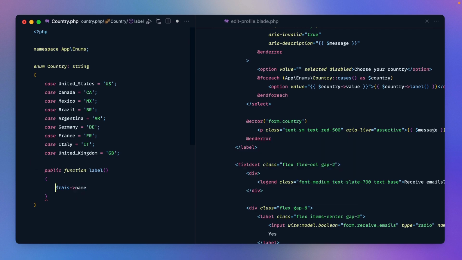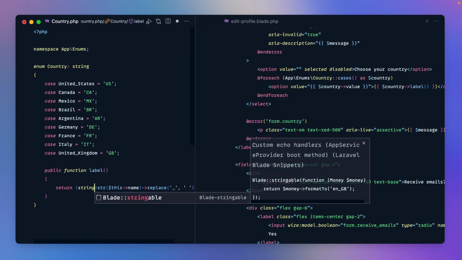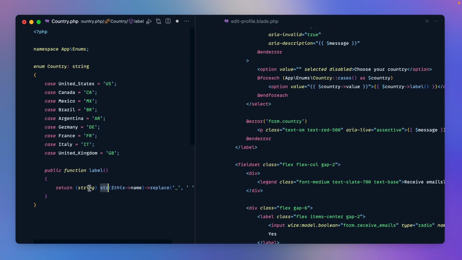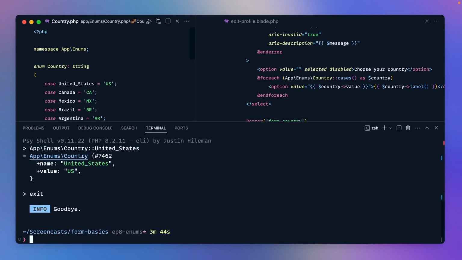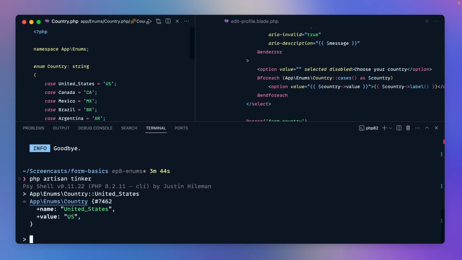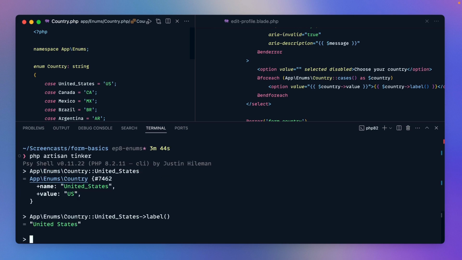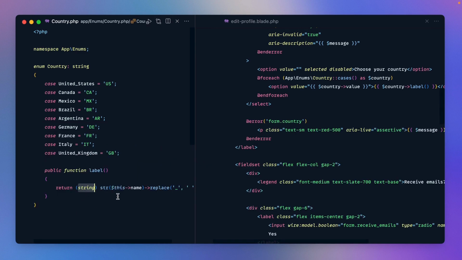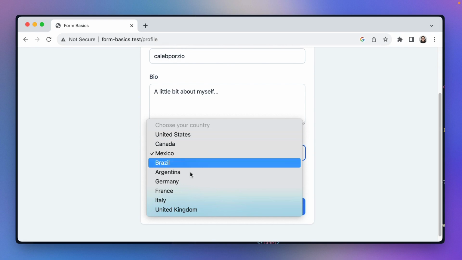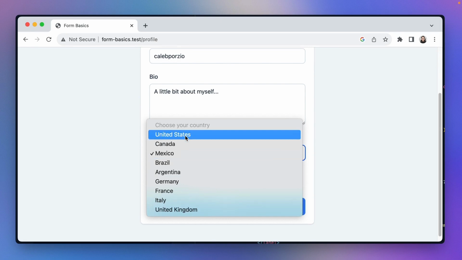Okay, so what we want is we want to return the name, but we want to do some things with its string. Let's replace all the underscores with spaces. Okay, and then we'll type this back into a string because str in Laravel is going to return an instance of Stringable, which is nice, but we want to make sure it's a clean string. So now we're echoing out label. We've done this replacement here, and let me just show you in Tinker what this looks like. If we get an individual instance like this, we can actually call label directly on it, and it's going to run that little bit of code and replace the underscore with a space. So that's great. Now we refresh and everything looks really nice,